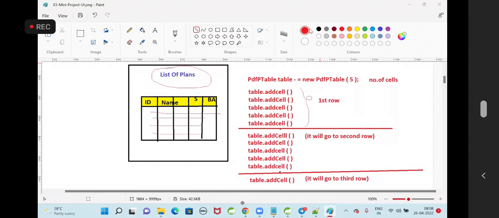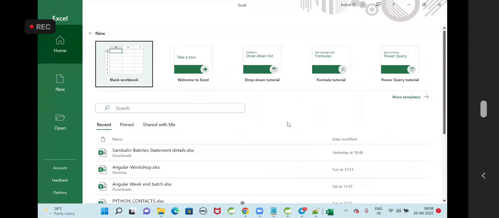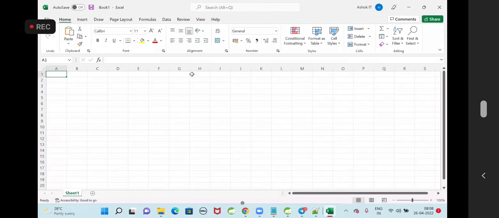It is existing functionality. But is this functionality available in the POI API? No. Why is this functionality not available in the POI API? Do we have any limited cells in the Excel file, or do we have so many cells in the Excel? When you create a row, so many cells will come. Every cell will have an index. If you call add cell, add cell, add cell, the cells will keep on adding in the first row only. There is no limit. But when it comes to the PDF, the limit is available for the table cells.